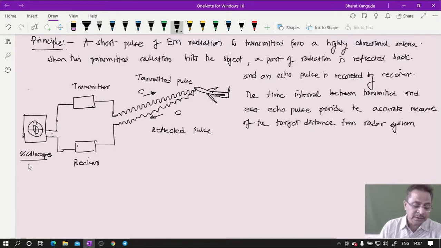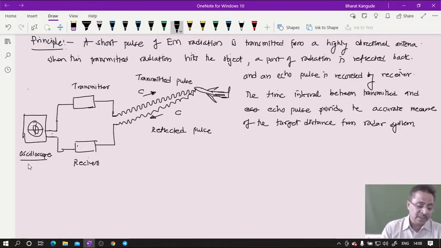So thereby we can detect at what distance that particular object is, if the time duration between the pulse transmitted and the pulse received can be measured. Further electronic devices directly give you the nature of that object, the distance etc. The basic physical principle is that a pulse is transmitted, reaches the object, gets reflected, and this reflected wave is caught at the same frequency. So whatever frequency of wave is generated, the same frequency wave is accepted. The time difference between transmitted and accepted, if measured accurately, gives the distance of that object very accurately.